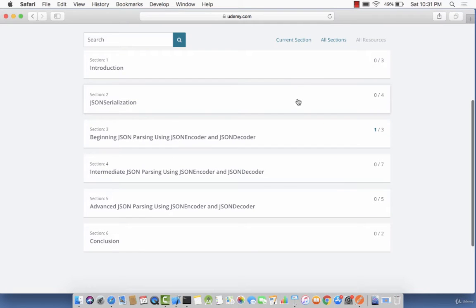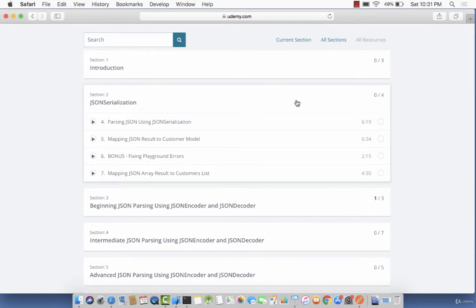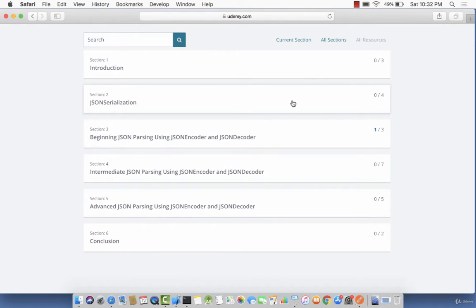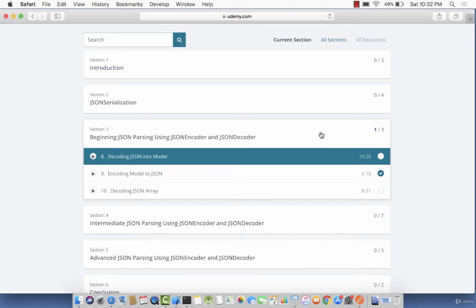We're going to start the course by understanding the JSON serialization class. Now, this class is responsible for parsing JSON and for decoding, encoding JSON, but this is kind of like the old way of doing things. But it's a very good idea to look at the old way of doing things so you can always appreciate the new things. After we have covered the JSON serialization, we are going to jump into Swift 4.0 feature, which